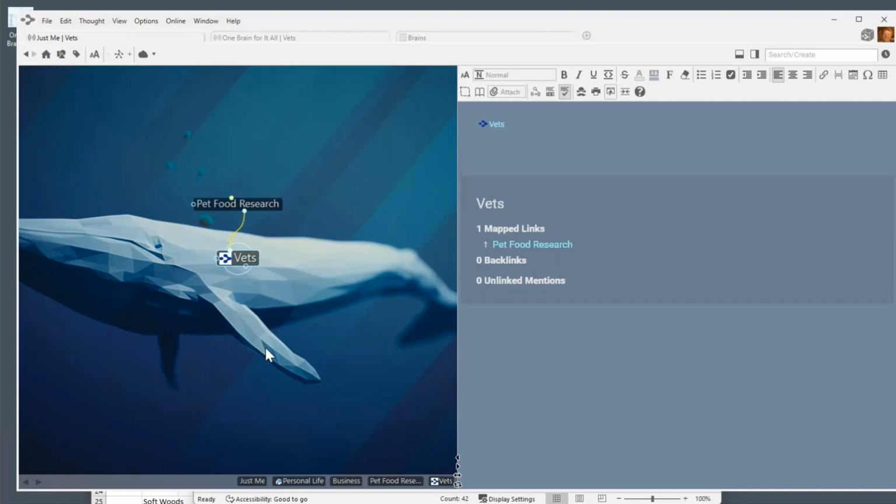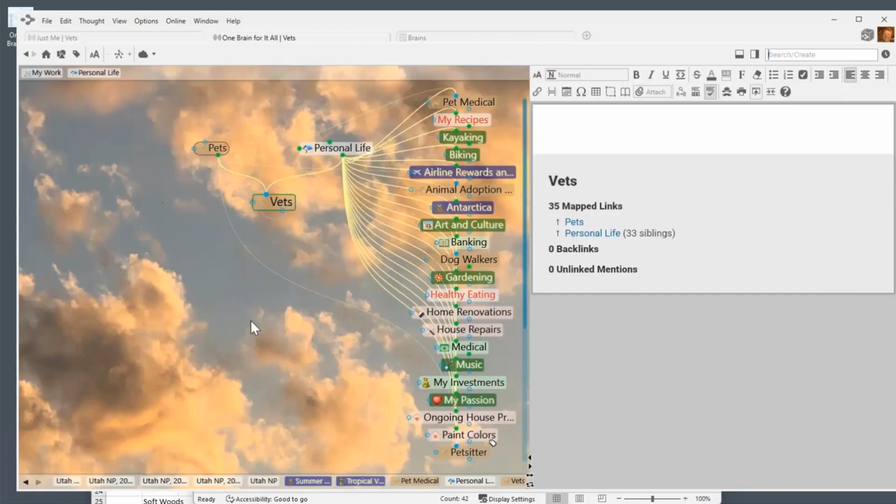And the brain follows a very simple rule. It launches attachments in their native application for your system. So the native application for a brain link is the brain application. So when I launch this attachment, it's going to take me directly to the vet's thought in another brain. We've got a lot of users that have multiple smaller topic specific brains, and then they create this primary brain of links to their brain that they have for medical research, for biotech research, for science research, or what have you. So they've got a brain with thoughts that link out to smaller topic specific brains. Very, very cool way to